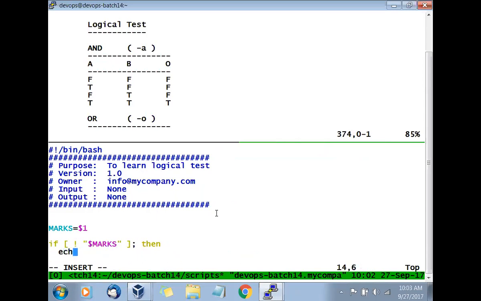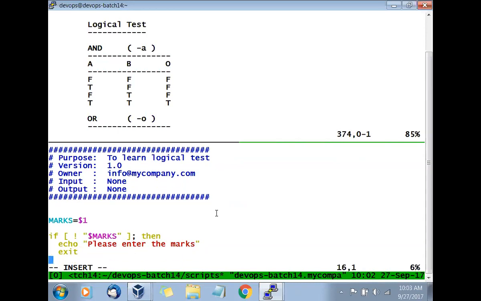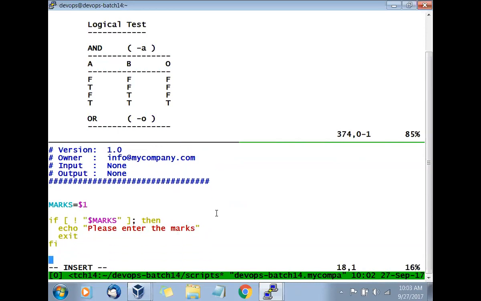Echo, please enter the marks. And I'll say exit. Exit means stop the script there and then itself. Don't go further, because without marks we cannot make decisions.